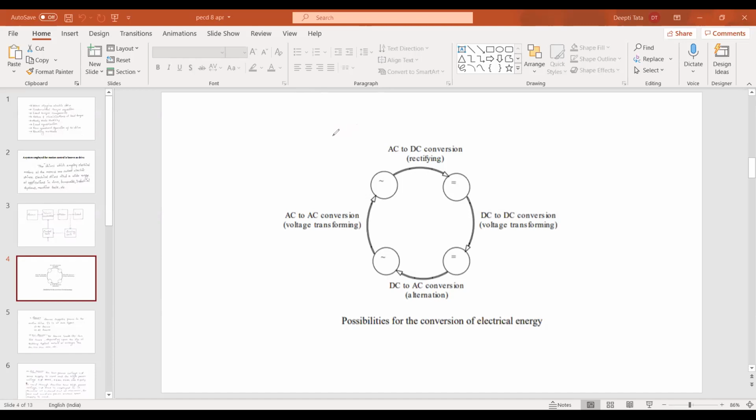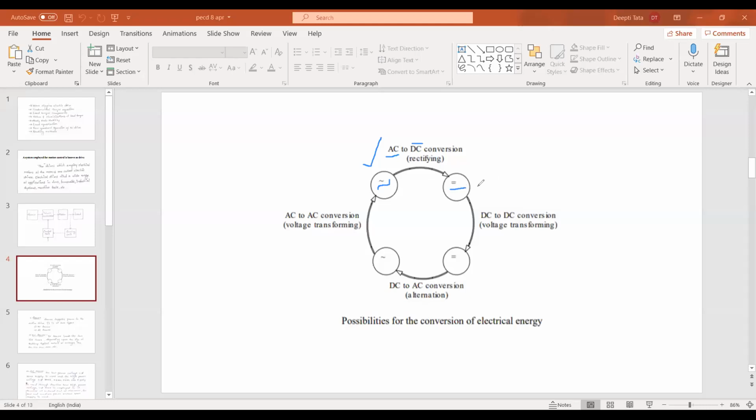But in practical existence, AC is available and DC is also available. According to the availability, you have to convert. So only 4 conversions are present, and the cycle is going to rotate among these 4 types only. Just see the picture. First of all, I am going to start here. That is, the available supply in general is AC. If someone asks to convert AC to DC, you have to use the rectifier. Just see the symbol. It is the AC symbol and it is DC.